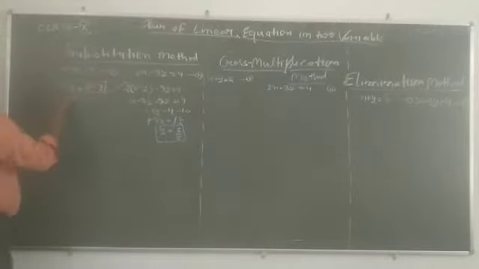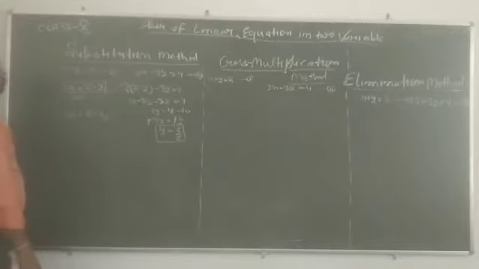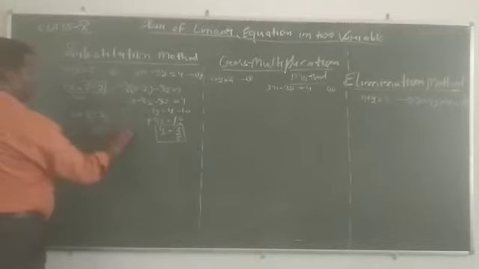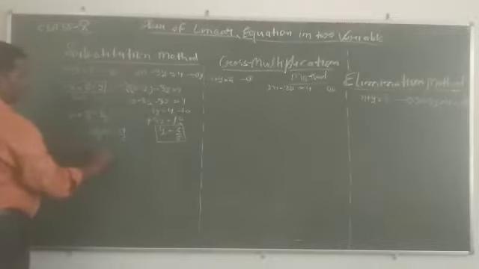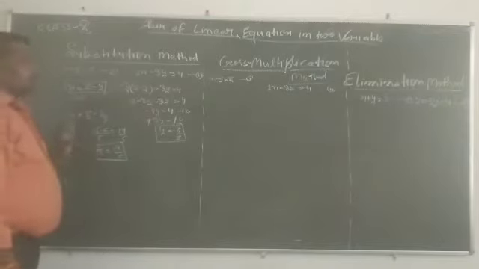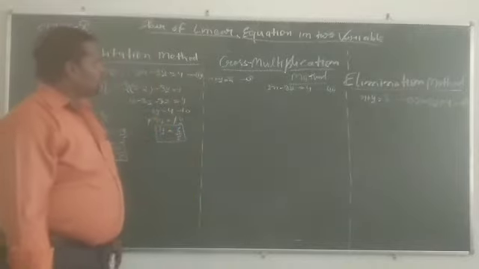Now put the value of y in equation first also: x equals 5 minus 6 upon 5. Put the value of y. Then we take the LCM 5. So 25 minus 6 equals 19 upon 5. So the value of x is 19 upon 5. Understood, students? Any problem? That is the substitution method. By the substitution method, you solve both equations and find the value of x and y.